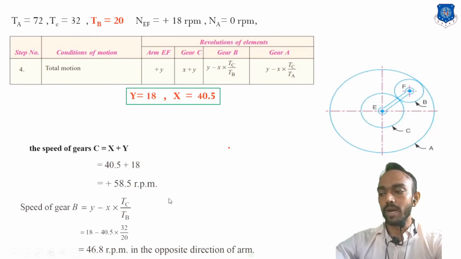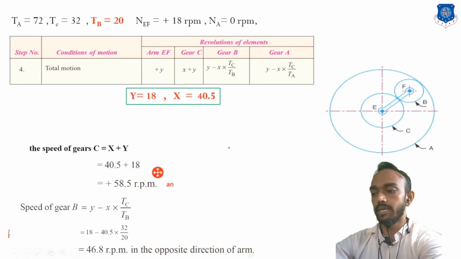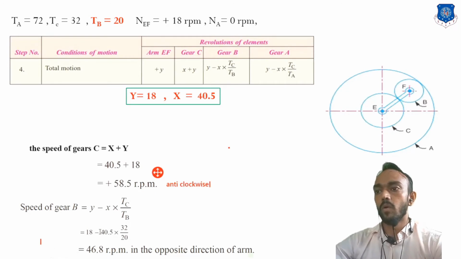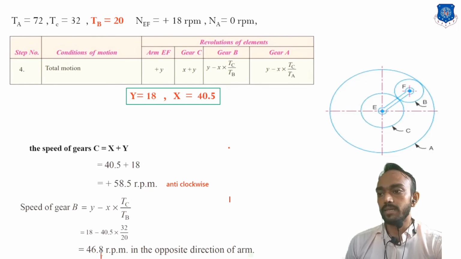And we have to write here, the plus sign is there, so this is anti-clockwise. And the same here, this is also positive, so we will write plus, anti-clockwise, which means the same, opposite to